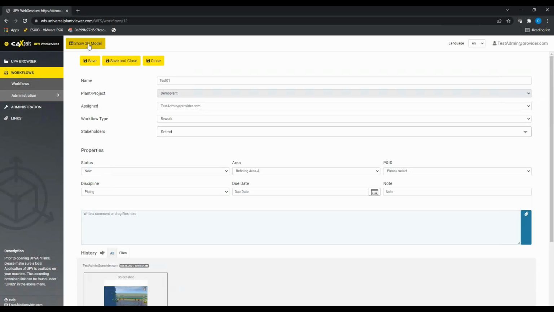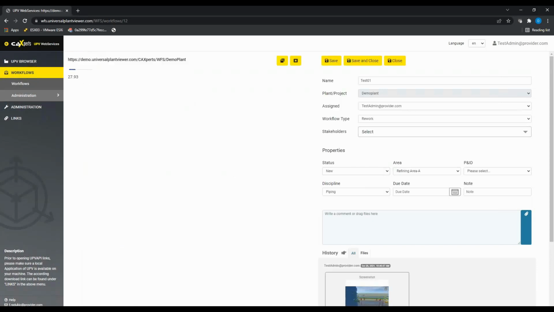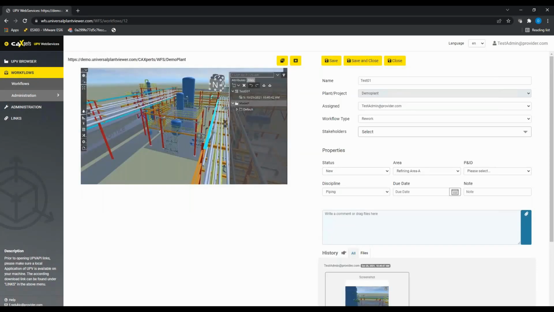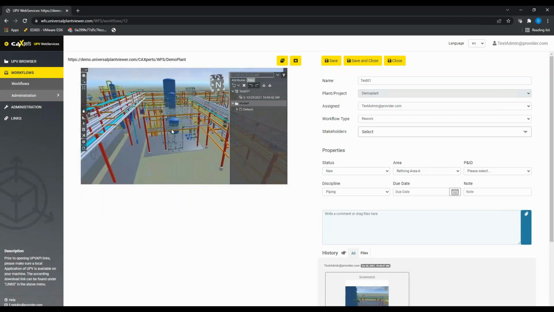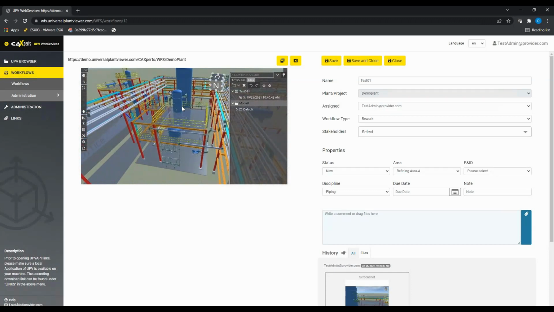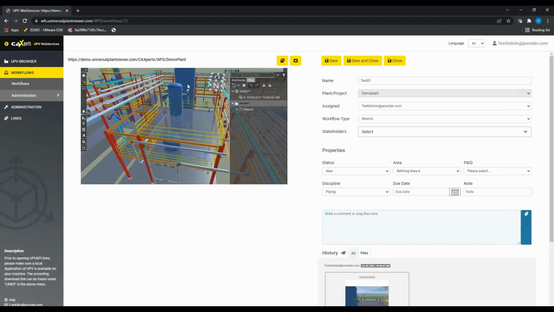Now let's see how this looks like in the 3D model. So I just need to press the Show 3D Model button, and then it's opening up the model, including this ticket here in the Test 01 area. So this is a live view, so we are really here in the Universal Plant Viewer. It's getting embedded here using the browser-based viewing,